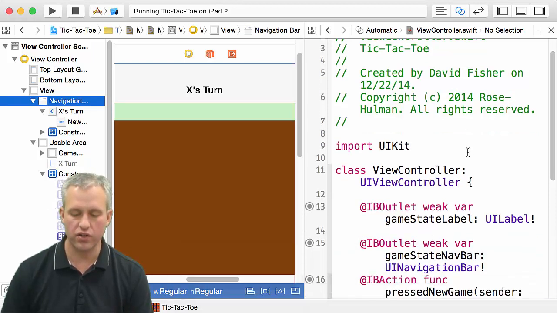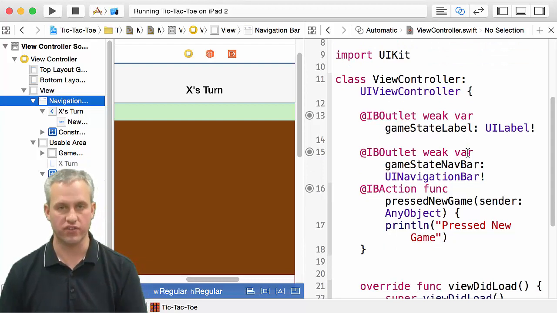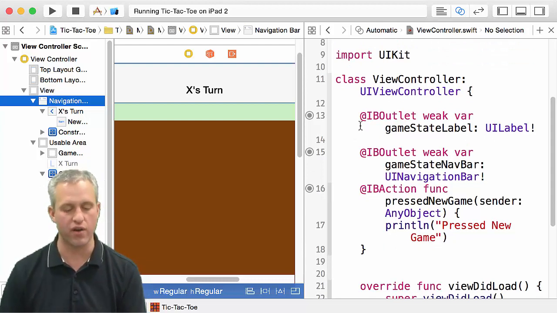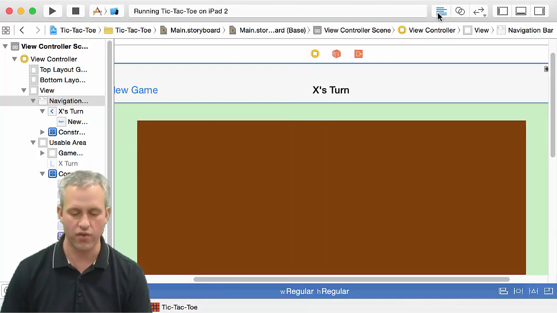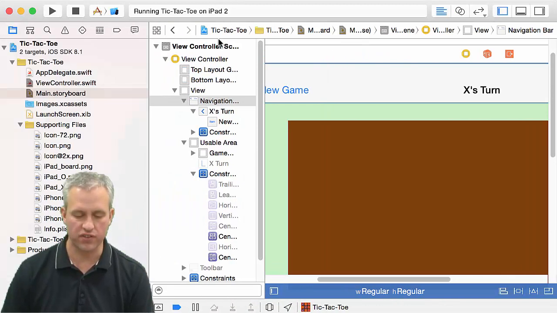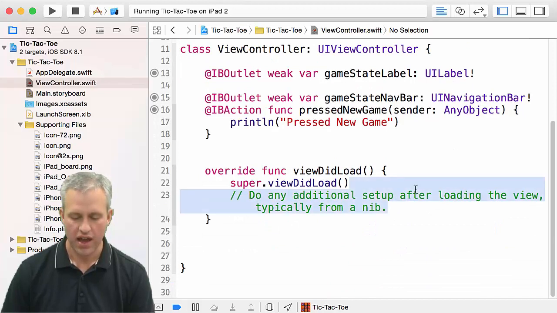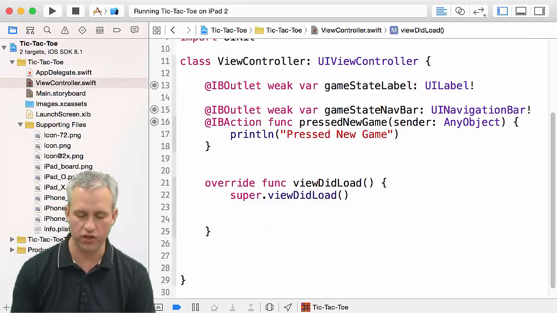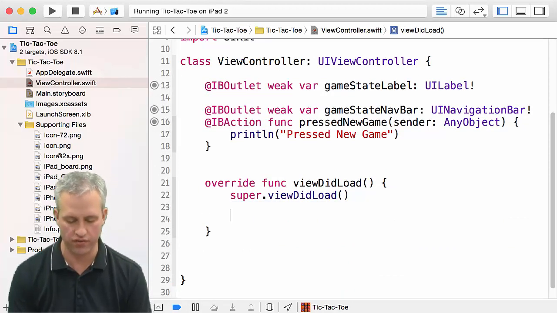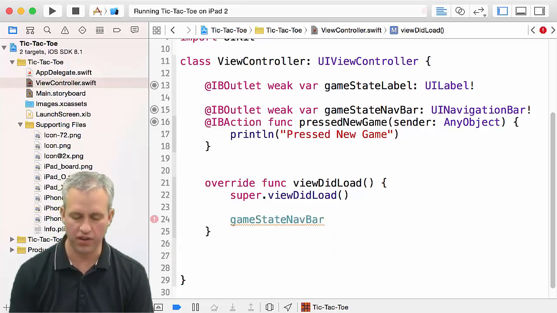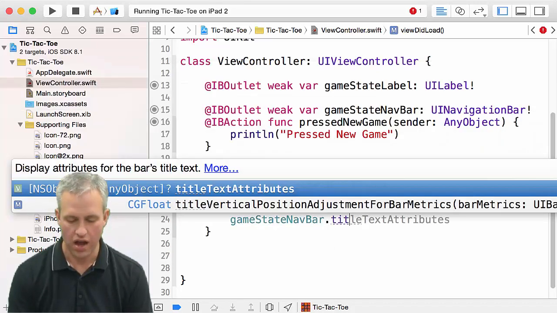The reason I wanted to do that is because that's the only way I know how to fix the font, is from the nav bar. And if I grab the nav bar item, then I don't know how to fix the font. So let's go ahead and fix the font. Let's go look at our code, and we'll add a little bit of code to viewDidLoad to fix that font of the nav bar. So I'm just going to grab the game state nav bar